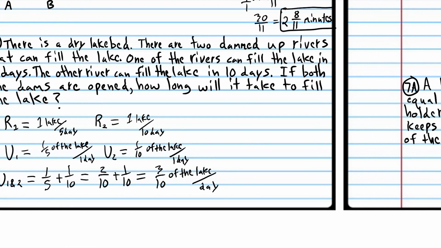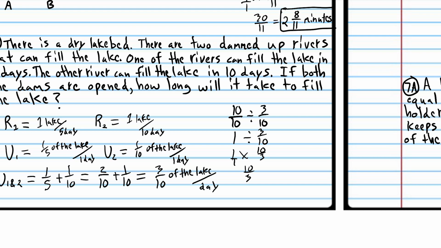So we want the lake to be filled. The lake is 10/10. We want 10/10 to be filled. So we know 3/10 of the lake is filled every 1 day. So we want to figure out how many times 3/10 goes into 10/10. But again, we don't want to write 10/10. We just want to write 1, because the algorithm is much easier. So same thing, we flip operation, multiply straight across, you get 10 over 3. We just have to convert that to